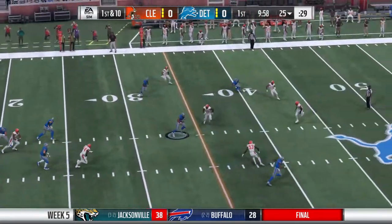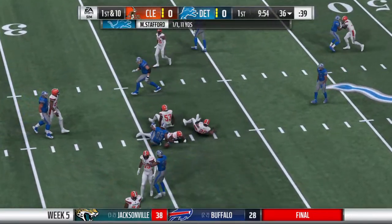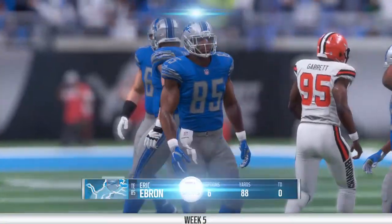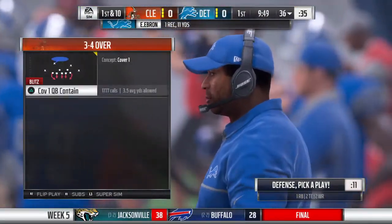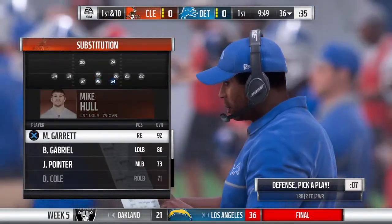On first down at Stafford. The completion good. This is Eric Ebron. And they're able to get this one across the 35. The numbers from last week's game for Ebron: 6 catches, 88 yards. And he was able to get open there, but that's not always easy against this bunch